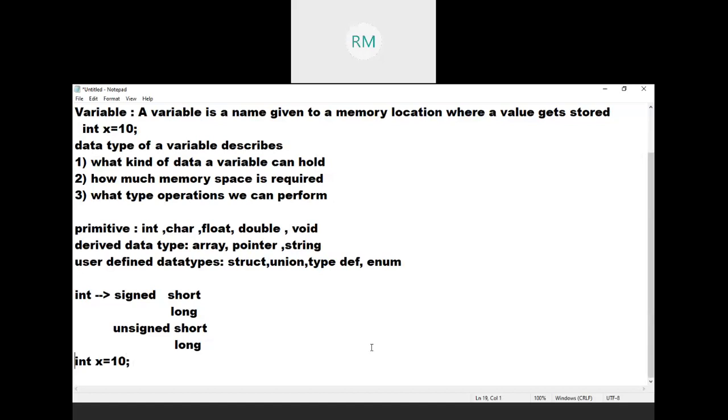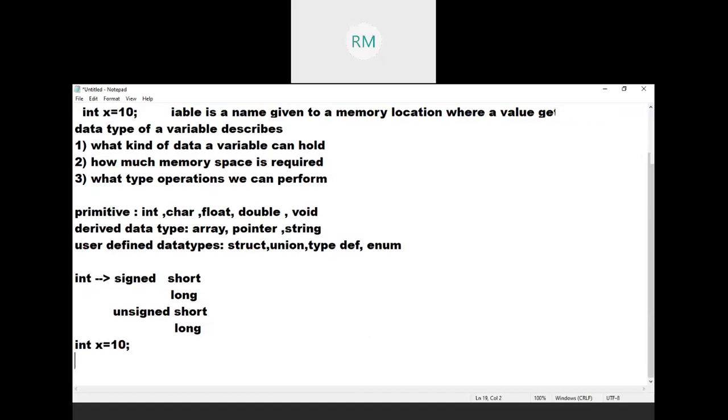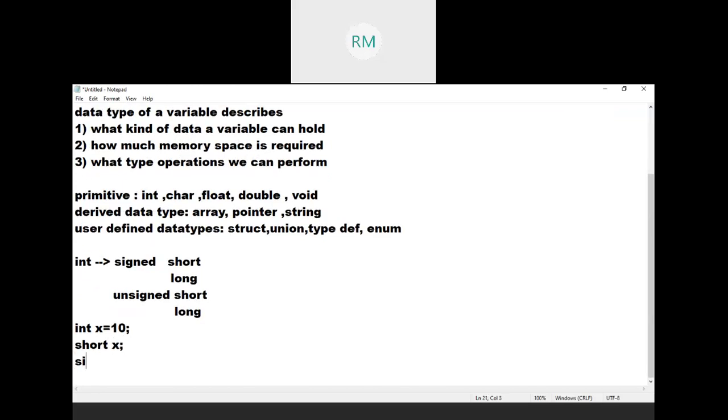So this declaration is same as short x, and signed short x. All these three declarations are same: int, short int, or signed short int.